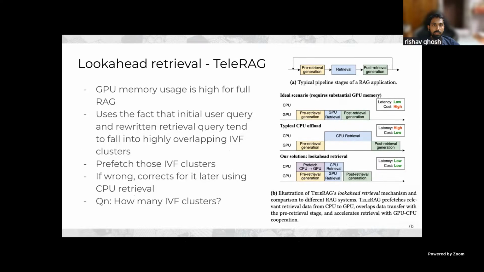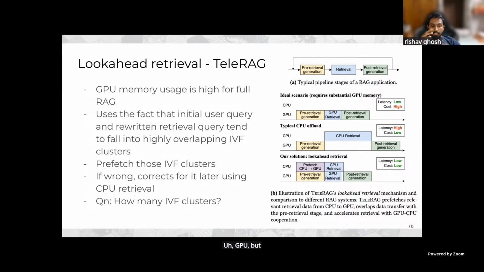And finally, there's TeleRAG. Essentially, the thing with TeleRAG is that it's more of a hardware layer. What we have found is that as we grow the number of documents, these vector matchings were mostly done on the GPU.